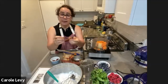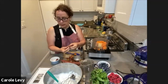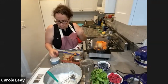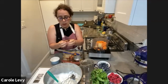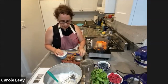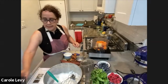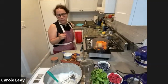So I'm taking the pits out, and the recipe calls for 3, okay? And we could put another 1 or 2 if your sweet potato is not sweet enough. Maybe you need 4. But I noticed the sweet potato was really yummy when I had a little bite, so I'm confident that we need 3. Okay, the next thing we need is a 1/2 cup of cacao powder, and we also need our